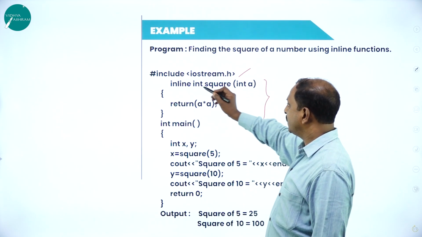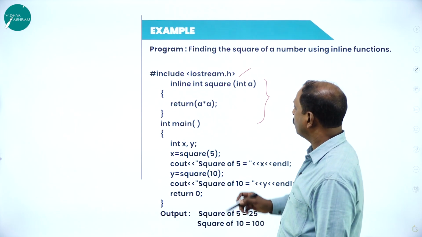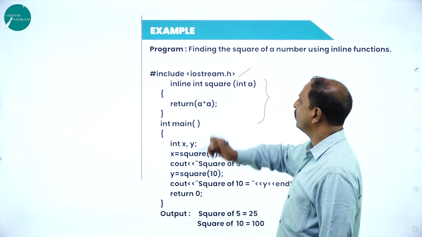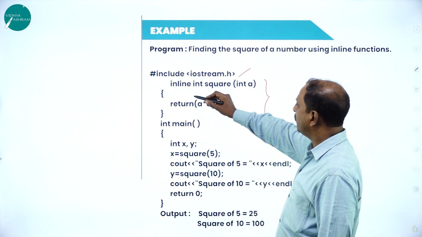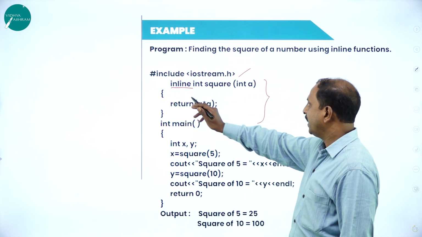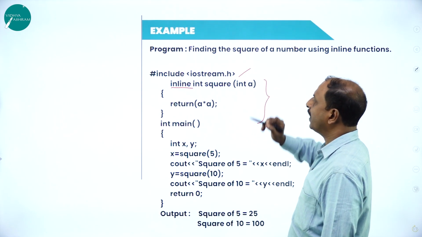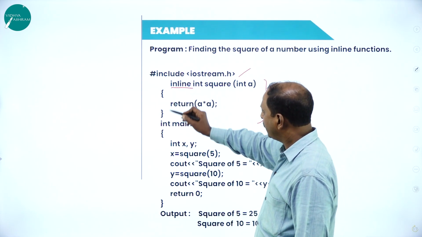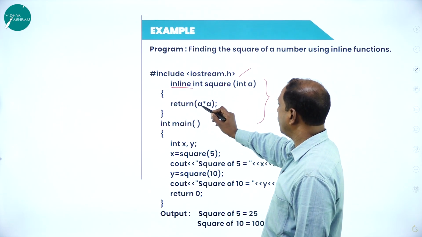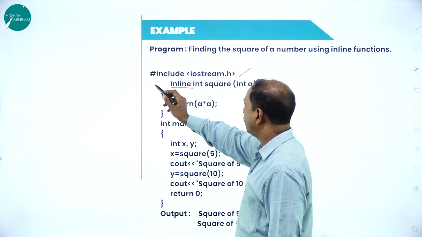So an inline function has to be defined before we call it in the main function. The first one is the function definition. Also, we have noted down one point that the function definition starts with a reserved word inline. So here inline is a reserved word and int square is the name of a function with a parameter. Open the bracket and close the bracket, and between them we have a statement return a into a, that is the square of a given number. So this is the function definition